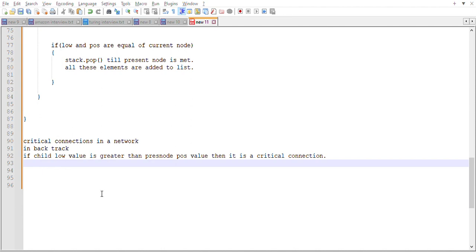Okay, that means we are considering the low of the present and the position of the child. Yeah, so this is it. Now we are going to